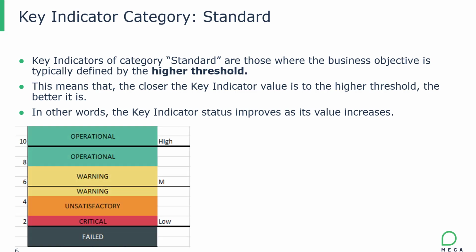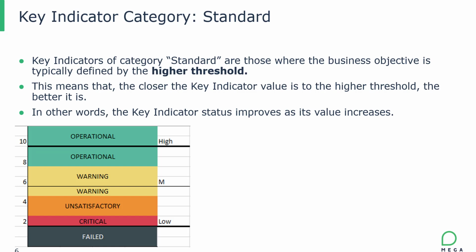So this is a representation of a key indicator whose lower threshold is identified by the line low and the higher threshold is identified by the line high. There is then another parameter m, which is simply given by (high + low) / 2. So it is the mean between high and low. As we can see here,